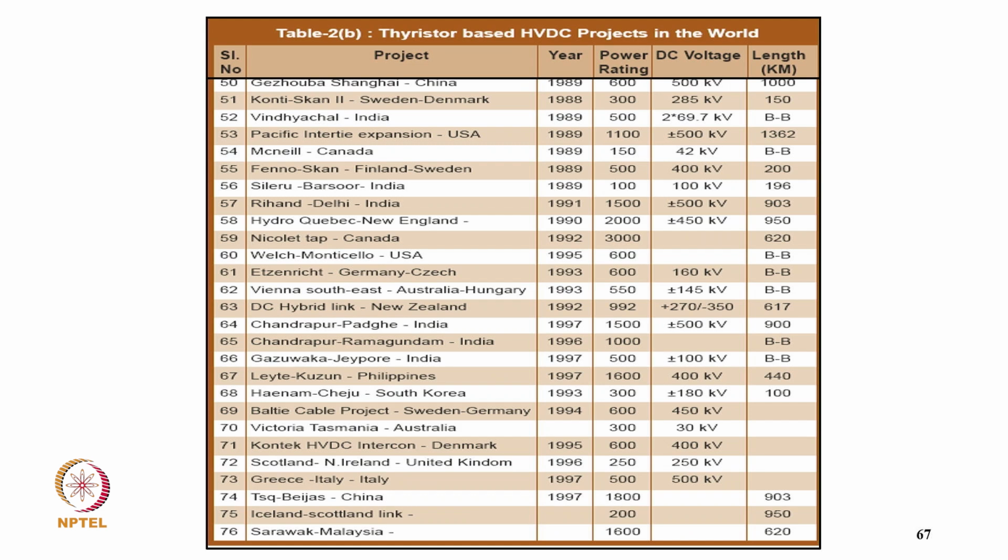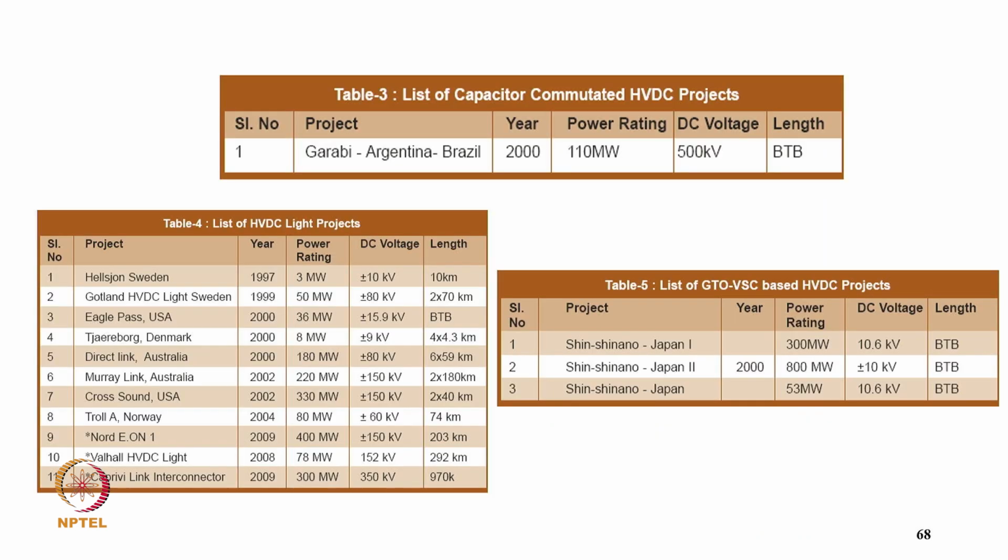Then there are some more projects which have gone up to 1997. Our power has gone to typically around 3 gigawatt, in Canada, and with a larger distance of typically around 950 kilometers or 1000 kilometers in China with the 600 gigawatt. So these were with the thyristor, and then these are the projects with the capacitor commutated